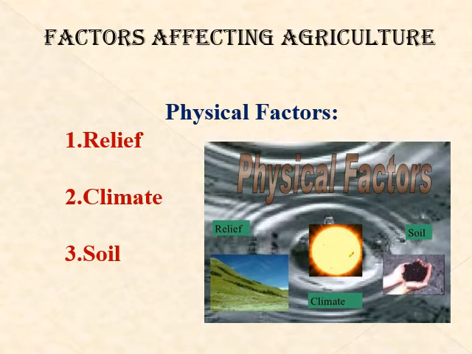Factors affecting agriculture. Students, what do you mean by agriculture? Listen, agriculture means cultivation of lands. Okay, students, we are observing agricultural development is possible only in certain regions of the world. Yes, it is influenced by various physical and economic factors. Okay, students, first of all, we are discussing the physical factors.